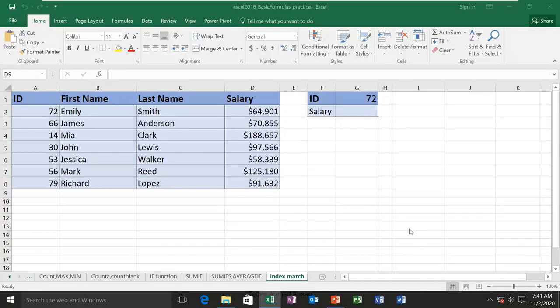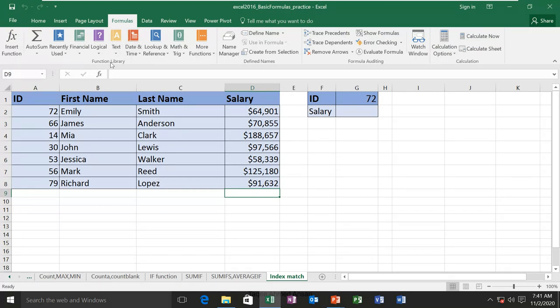So if you go to the formula tab, you will see the function library group. This is the first group we have in this tab, and all these formulas are available in this function library.